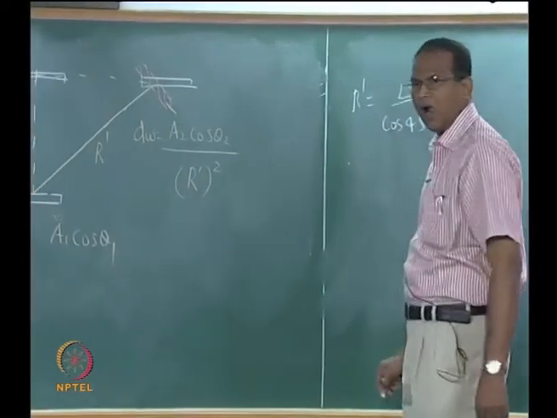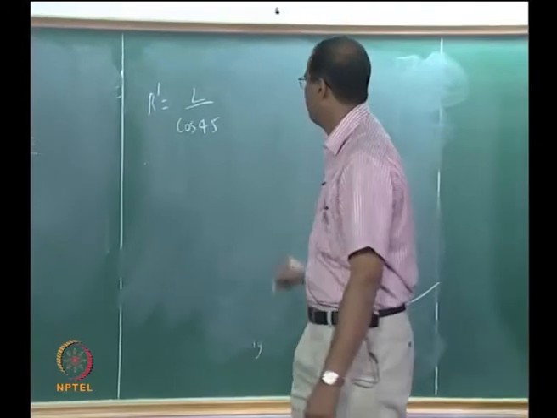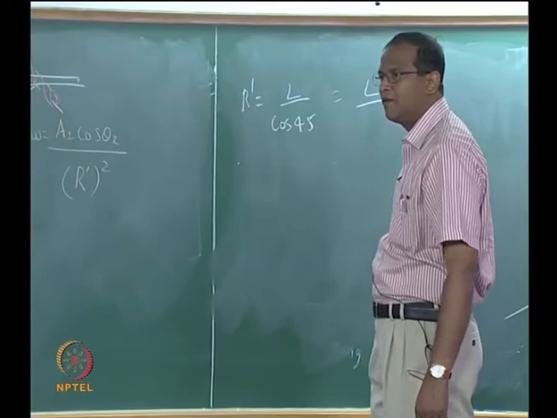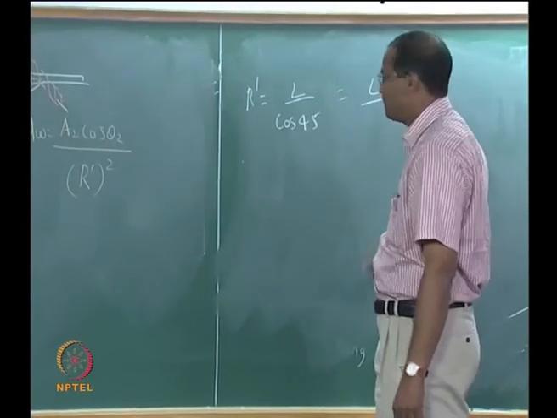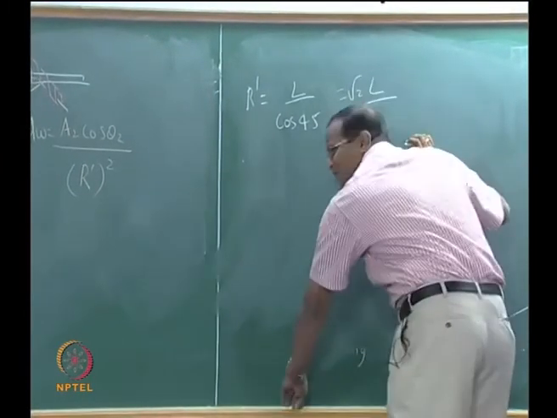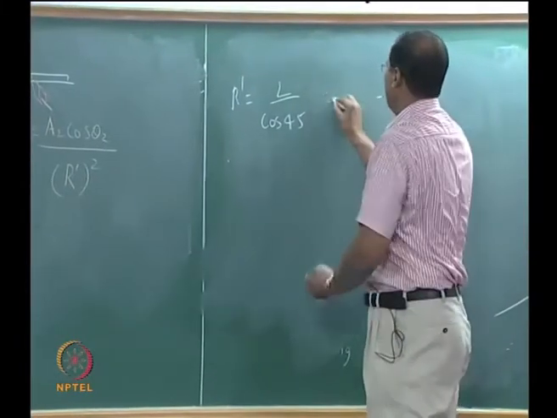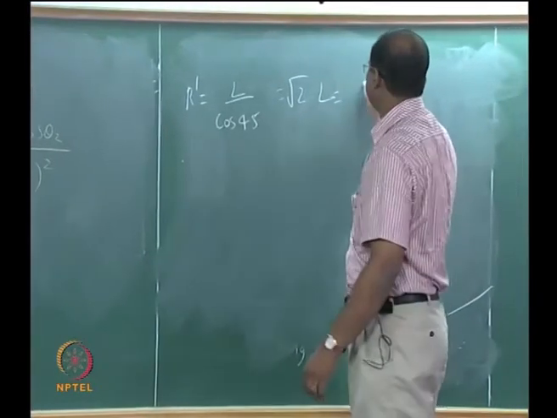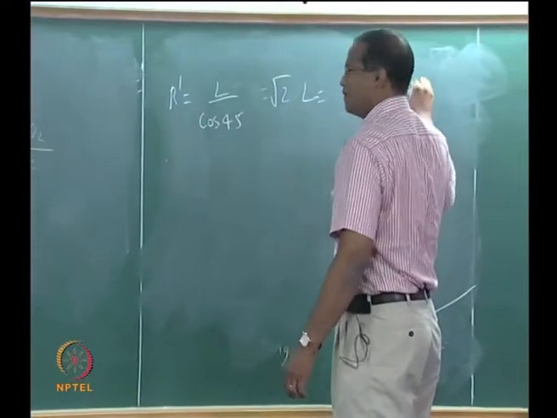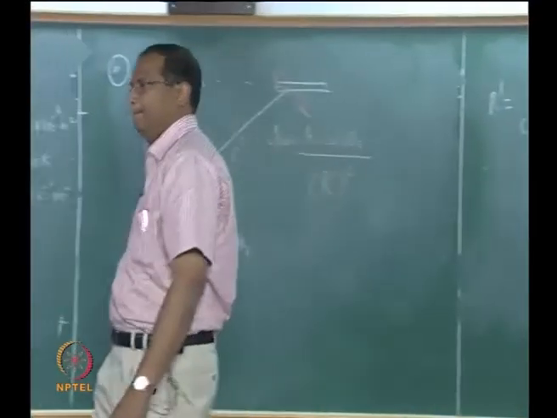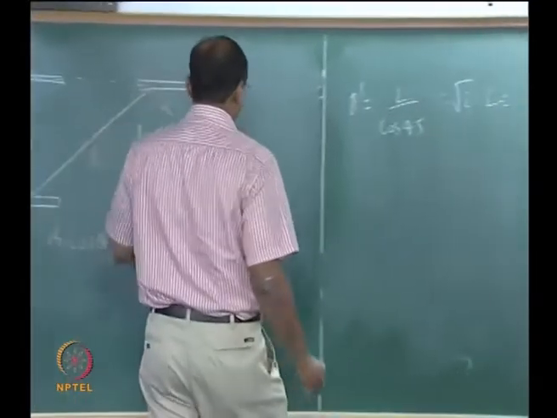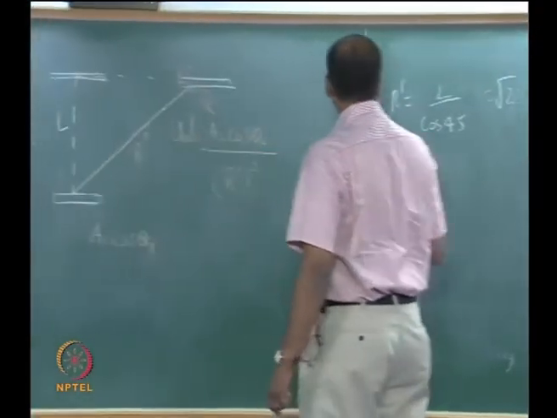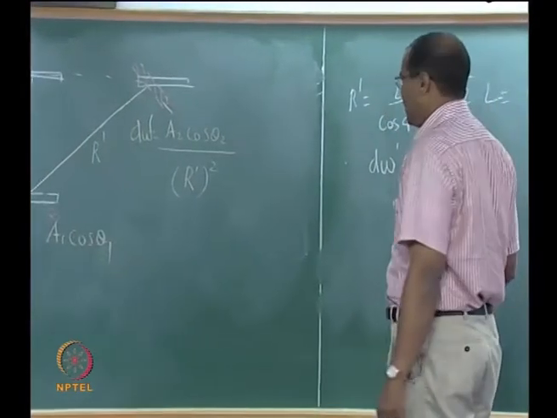It is 1 by root 2, root 2 L, 0.566. Okay, now d omega, or you want to say d omega dash, correct? A2